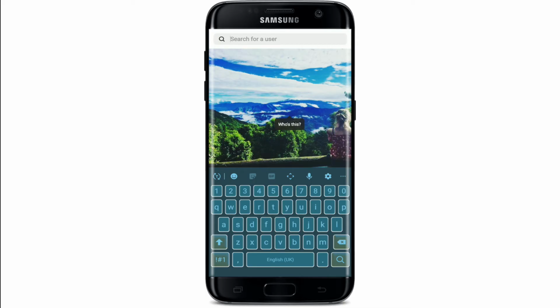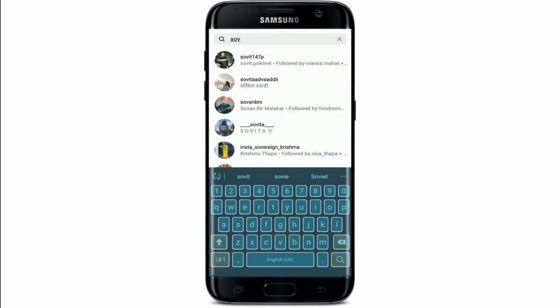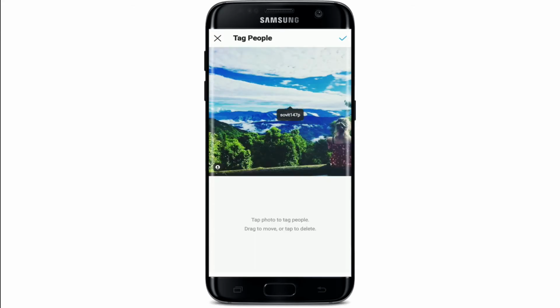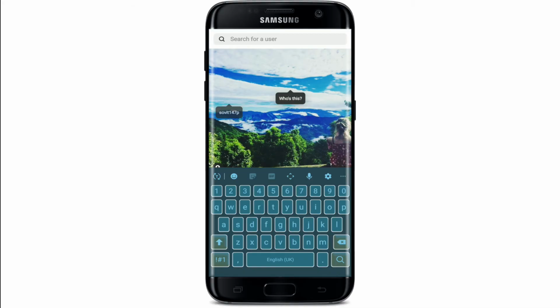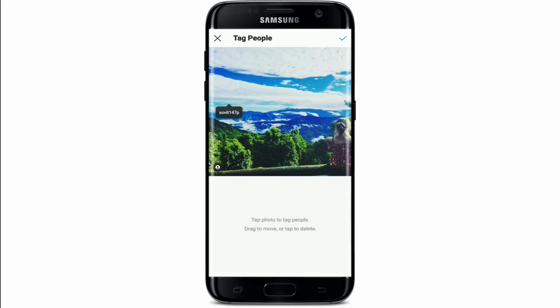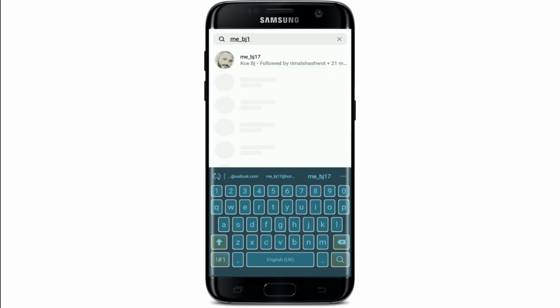Type in the person's username. And in the search area, you'll be able to see lots of search results that have been chosen for you. Select anyone that you'd like to mention. You can keep on adding more by simply tapping on the picture, selecting the contact that you'd like to tag